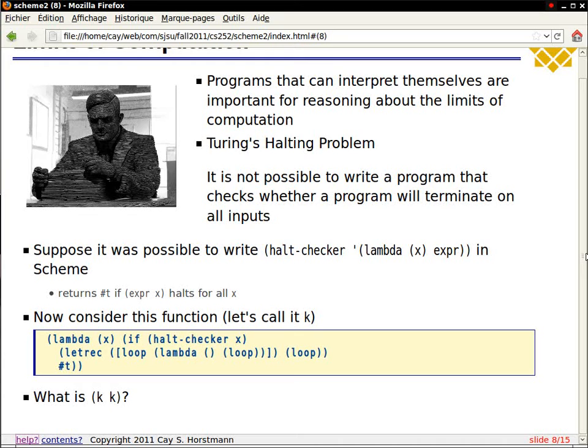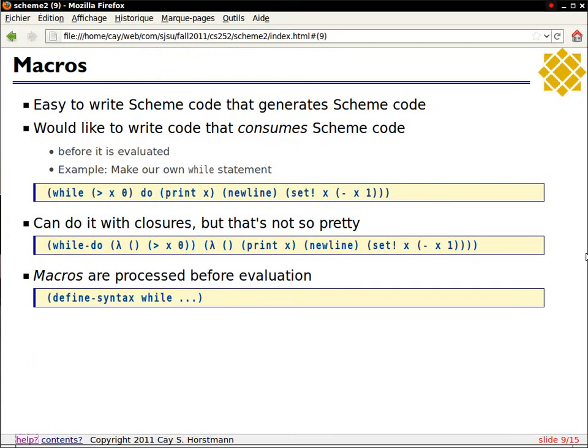The way they show it to you in a theory of computation course is with the Turing machine, where a Turing machine can process a Turing machine. And that is, I think, less intuitive to most people. But it's very intuitive that a Scheme program can consume a Scheme program. All right, now